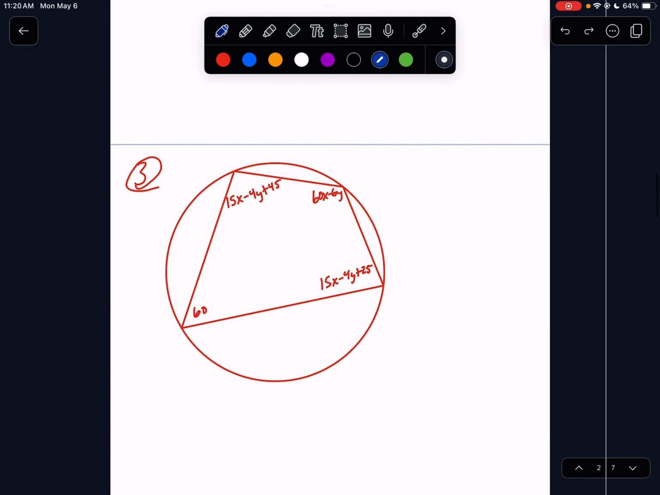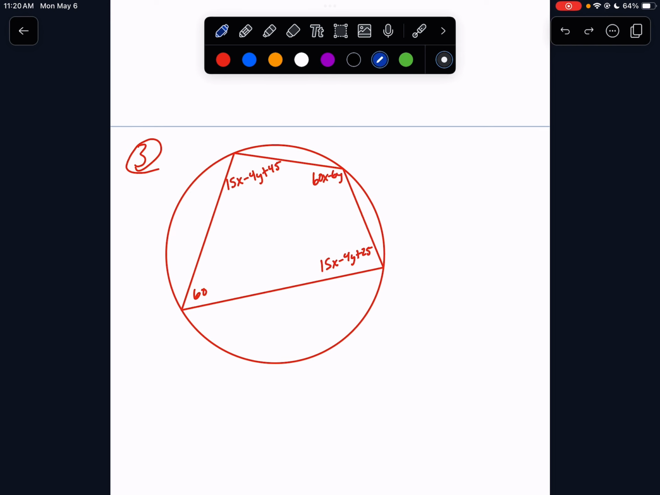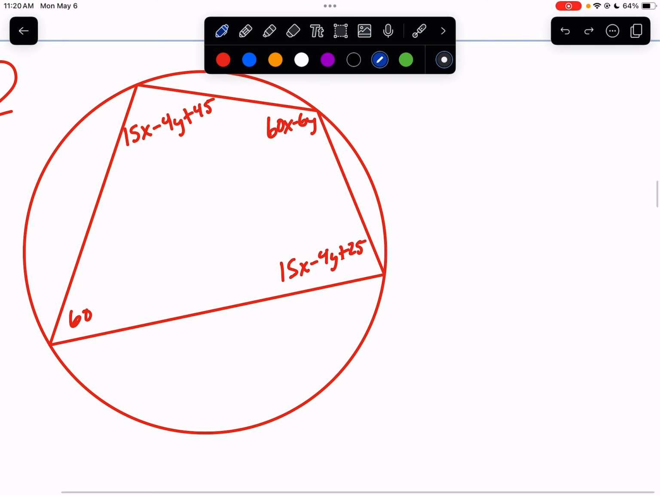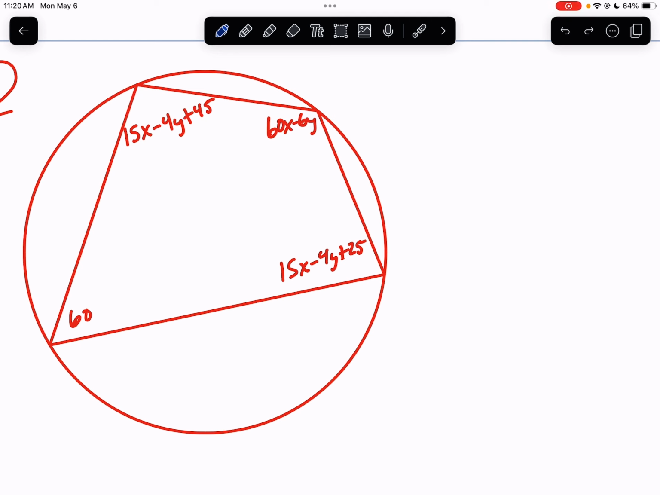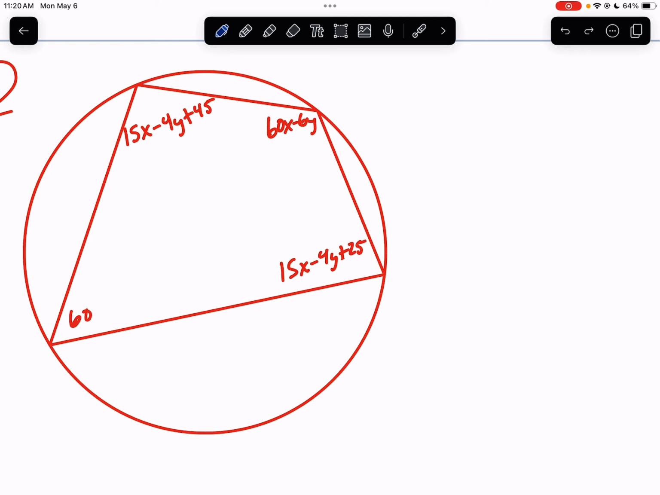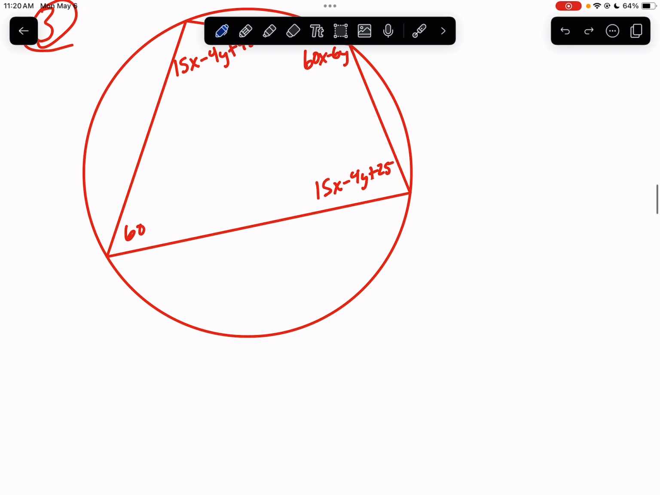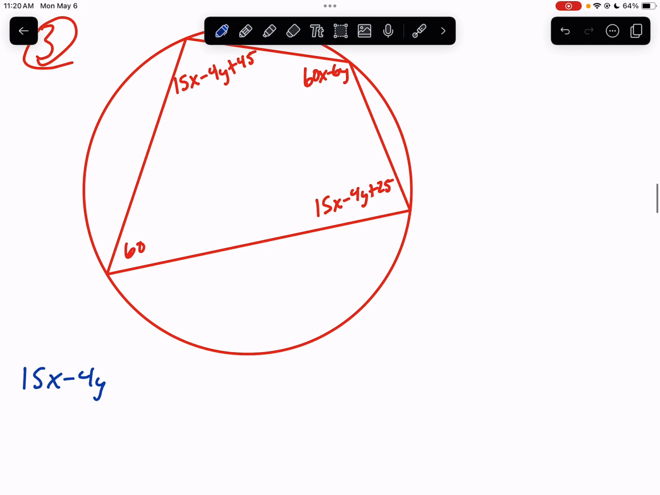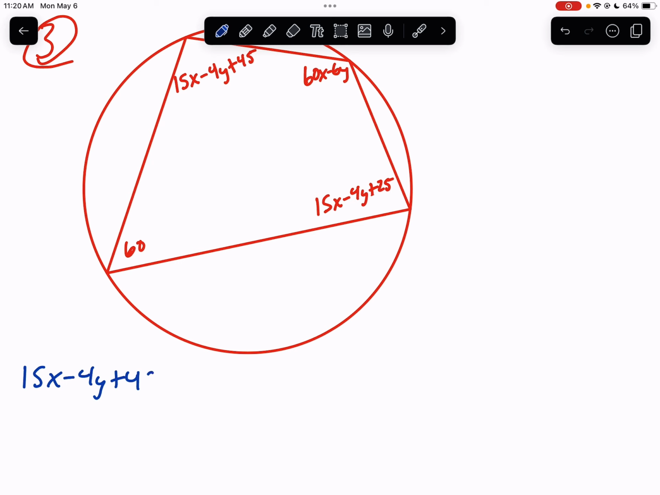All right, so then here's the geometry version of the question. This is an inscribed quadrilateral. It's in our properties packet, but we know that the opposite corners have to add up to 180. So it's going to be a little bit of writing here, but I'm going to take those opposite corners and add them up to 180. That's going to be 15x minus 4y plus 45 plus 15x minus 4y plus 25. Those have to add up